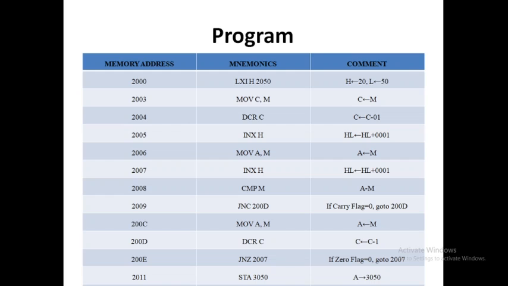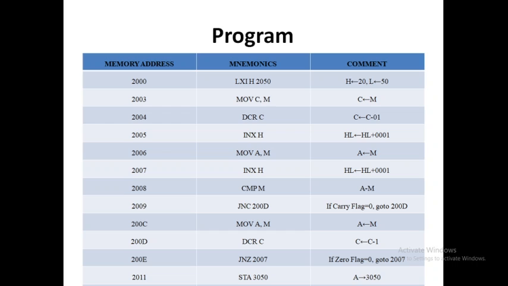Now the value at 3050 is 55, and it is the largest value of the total array.